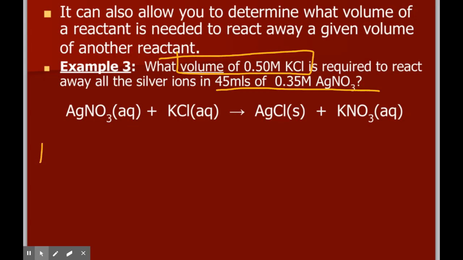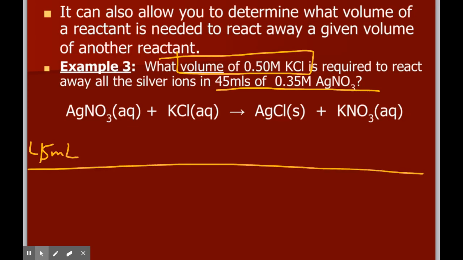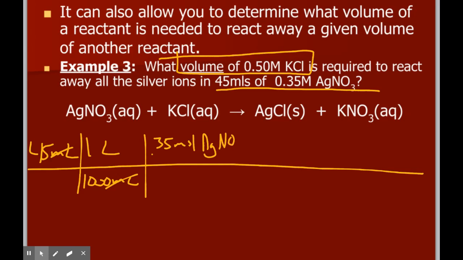So again, you're going to start with your volume, the 45 milliliters of silver nitrate. And again, we need to convert that to liters. So again, divide by 1,000 milliliters. Okay, now we're at liters of silver nitrate, and there are 0.35 moles of silver nitrate in 1 liter for this solution. So liters cancel out, and we're at moles, where we use our molar ratio from the reaction. So we have 1 mole of silver nitrate